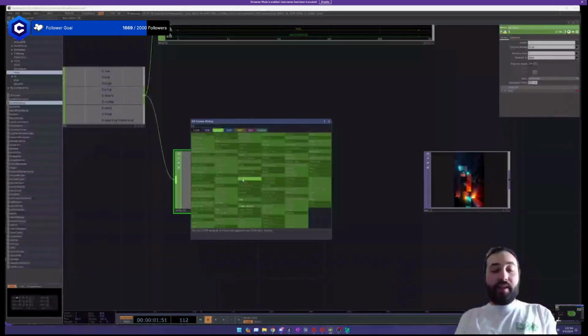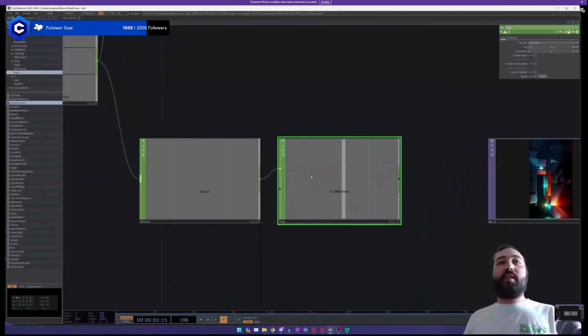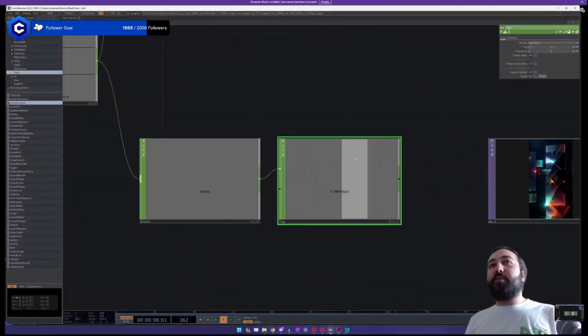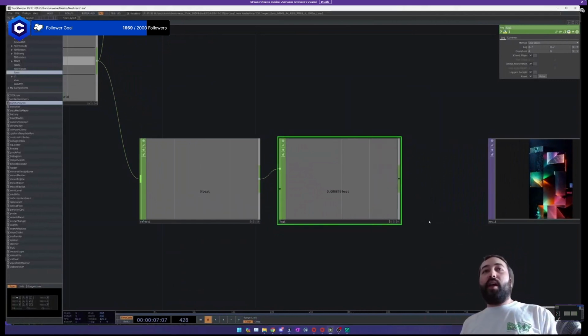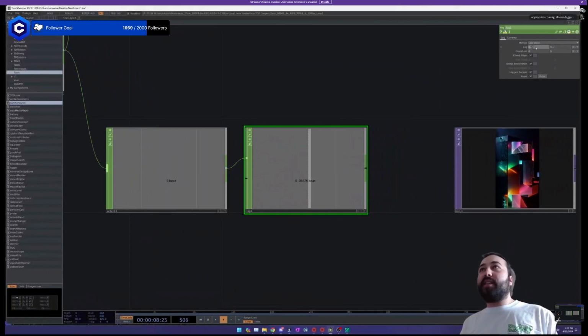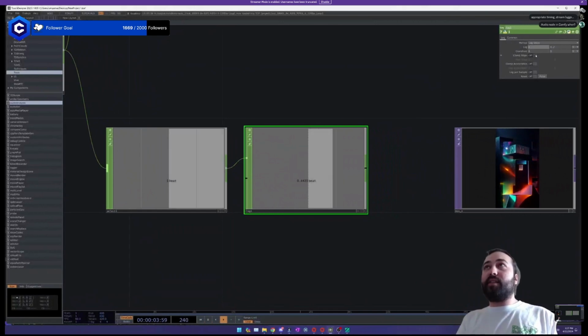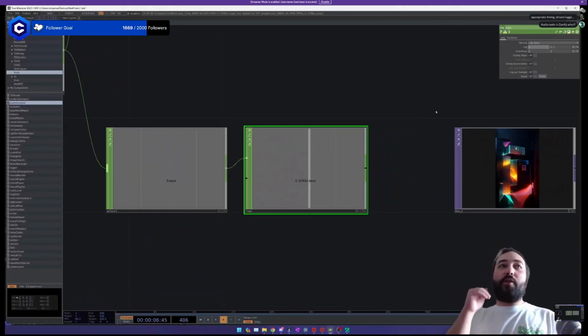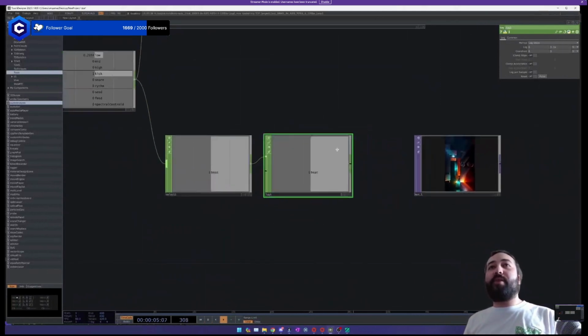Now I'm going to do a lag CHOP. The lag CHOP is going to make it springier. It's going to add dampening to it. It's going to smooth it out from a hard 0 to 1 to a smoother interpolation of 0 to 1. What I like to do for the kick is take the first value, which is like the attack if you're familiar with that in synthesis, and make it 0. So it's still going to go from 0 to 1 really fast, but then recoil back down a little bit. I'm going to bring this down a little bit so it's a little bit faster and snappier.